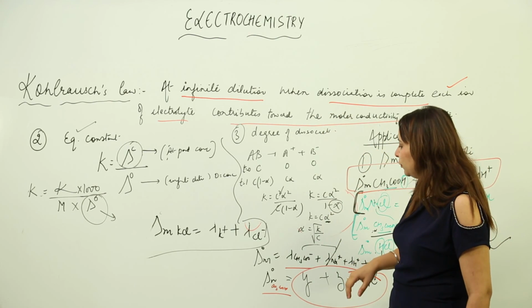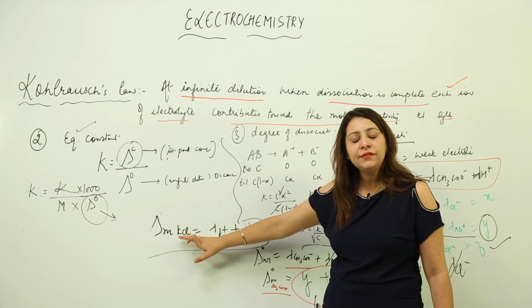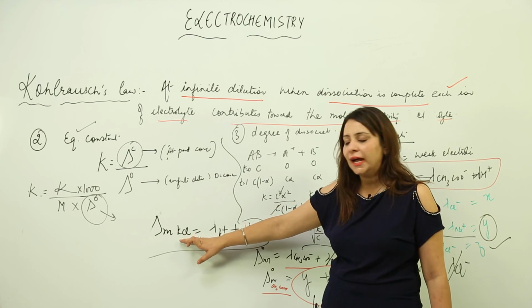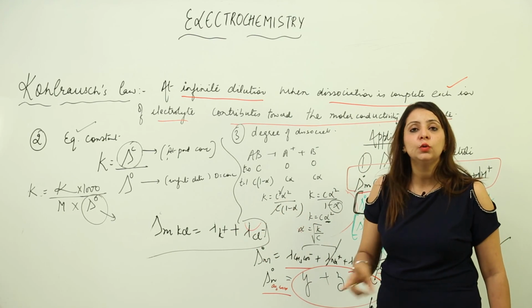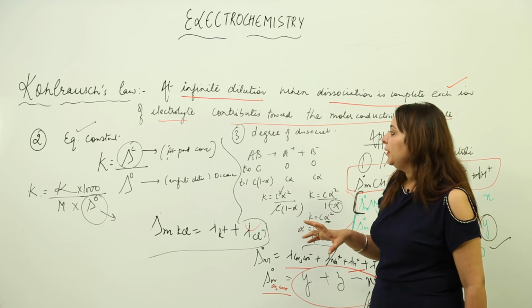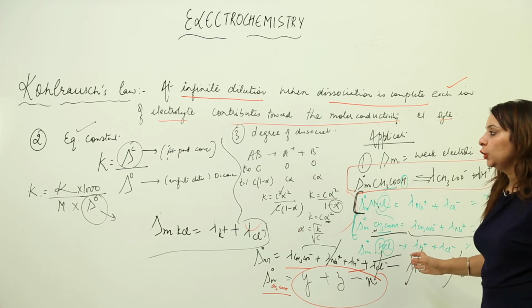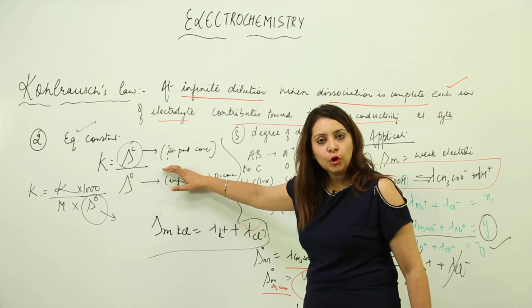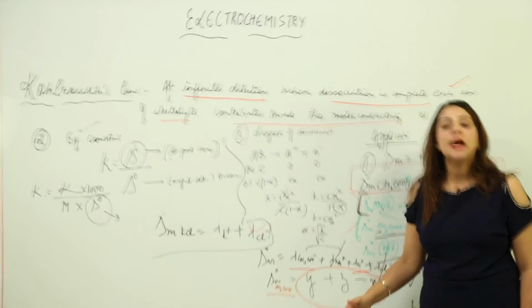So we can write the contribution as I told you, like if we have molar conductivity for KCl, and it is a strong electrolyte, we can write lambda K plus lambda Cl, because both are going to contribute equally in the conductance. So the applications we can find for the weak electrolyte, you know how we are going to do it. We can find the equilibrium constant and also we can find the degree of dissociation. So these are the applications of the